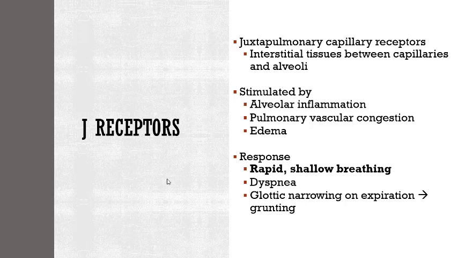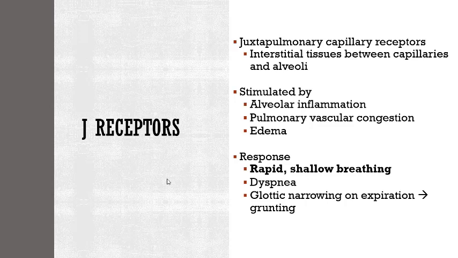And their response is very rapid, shallow breathing, shortness of breath or dyspnea, and then it causes this glottic narrowing on expiration to cause grunting. And I kind of want to take a second to explain that. So one of the accessory muscle things that you guys learned is grunting. And the reason that that becomes something that people utilize when they're short of breath or when they're having a hard time